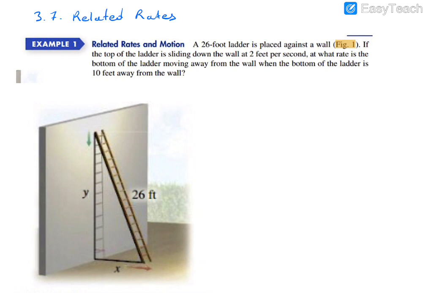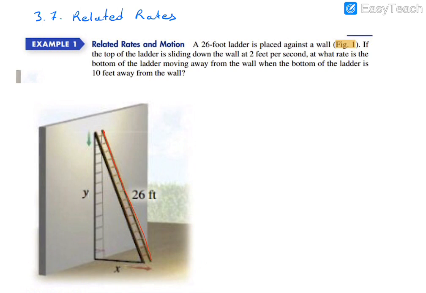So let's look at that question. A 26 feet ladder is placed against a wall. Okay, so this is the length of the ladder. So this length is 26, okay? One of them is enough. This is 26 feet. If the top of the ladder is sliding down the wall at 2 feet per second,